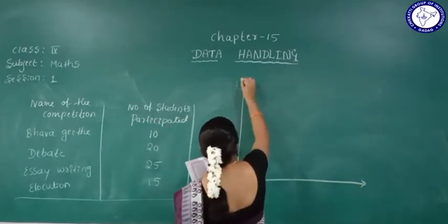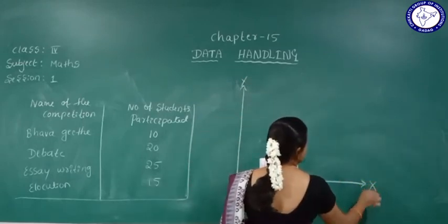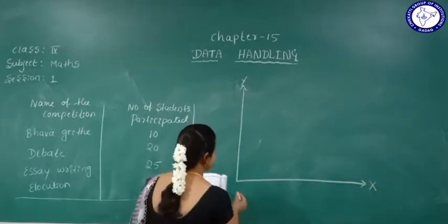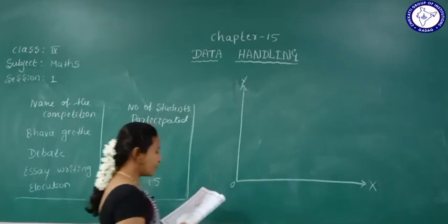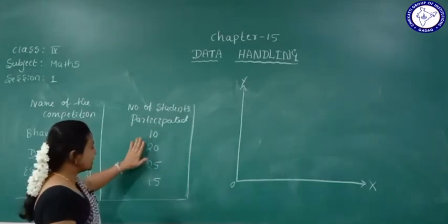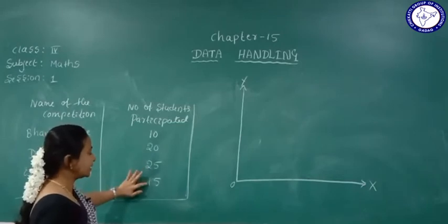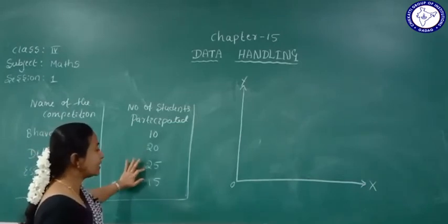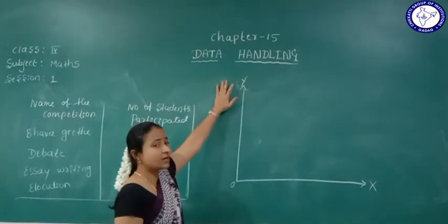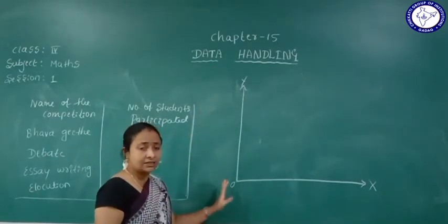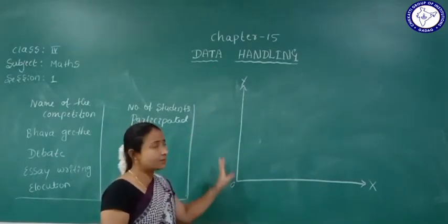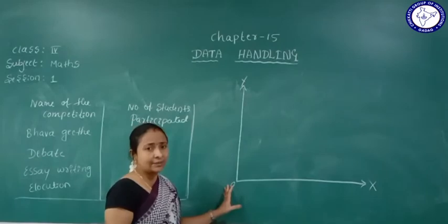This is the y-axis, this is the x-axis. Here I'll write 0. First we will write here. See the numbers, how these all are. We'll consider here 5, 10, and so on up to 25. From 0 to 25, the length is very long. It means too much length would be taken on the graph.